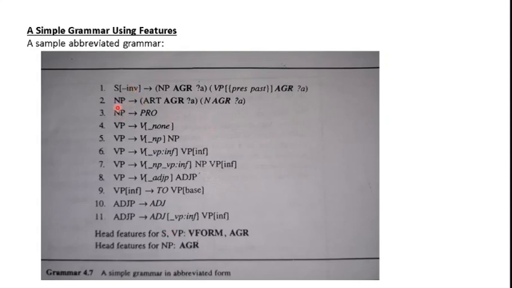For the NP mother, here the head constituent is N, and so the common head feature is AGR. So the AGR feature is present here with one value, and with the same value it is present here also. But if you see here, the AGR feature is explicitly written for this head constituent, and the reason is on the right side, the writer has tried to enforce a number agreement restriction. So AGR has to be explicitly specified. Here the restriction is that these two subcomponents should have the same number agreement. That's why the AGR feature is written here with the same variables.